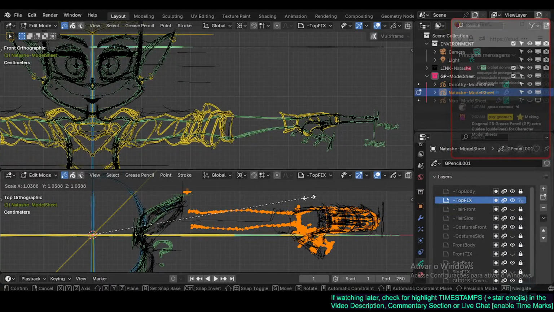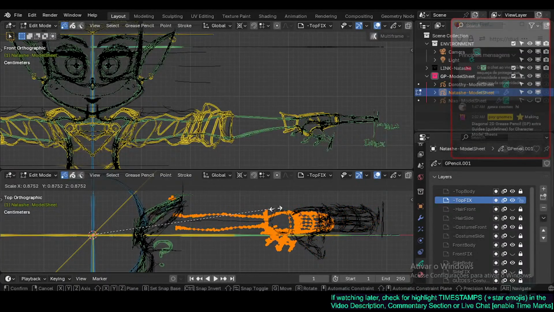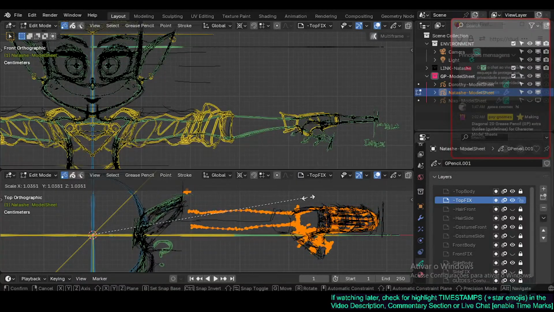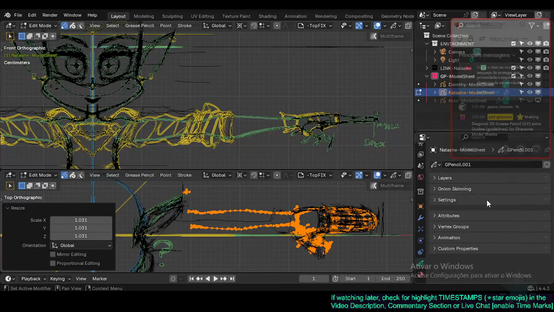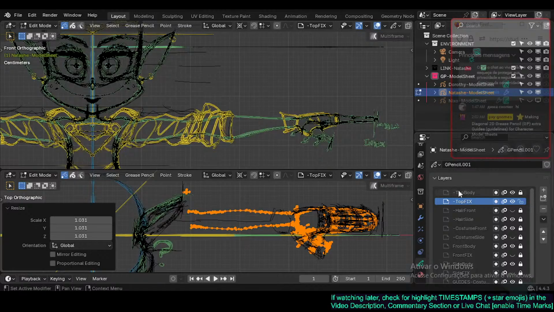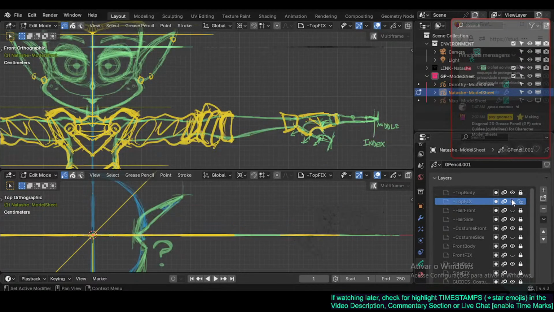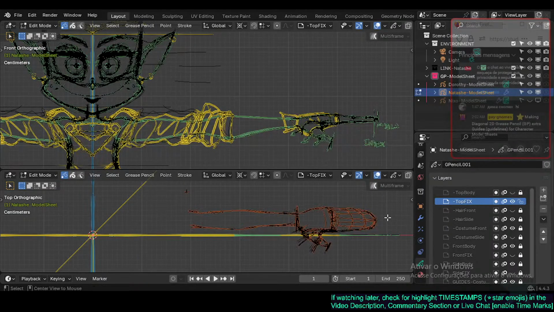I don't know why there are two there. Oh, one is for cloth, I think. There are two things there. Hold on. One is top body and the other is top fix. Okay, so